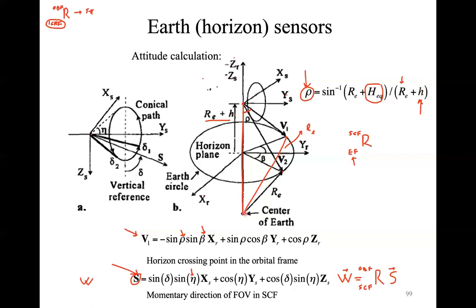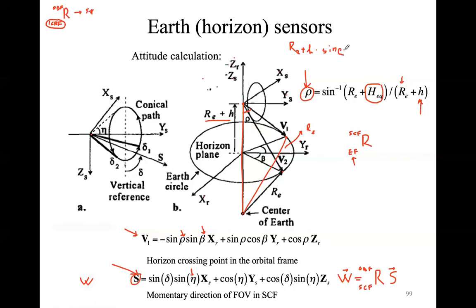So what you can see here is this triangle. This is the center of the Earth, this is the crossing point of the Earth scanner with the Earth horizon, and this is the altitude of the spacecraft. This triangle has 90 degrees, so you can determine, let me write here, that R_E, the radius of the Earth, plus the altitude of the spacecraft, times the sine of rho